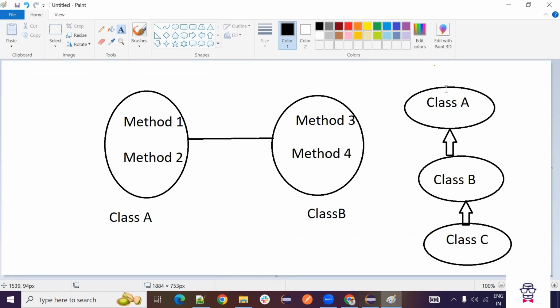Not only class B, it can have from class A also, because class B's parent is class A and class B is class C's parent. Just like in reality, say for example, the grandparents have one house and the parents have another house. Now the grandchildren can have the parent's property as well as their grandparents' property.